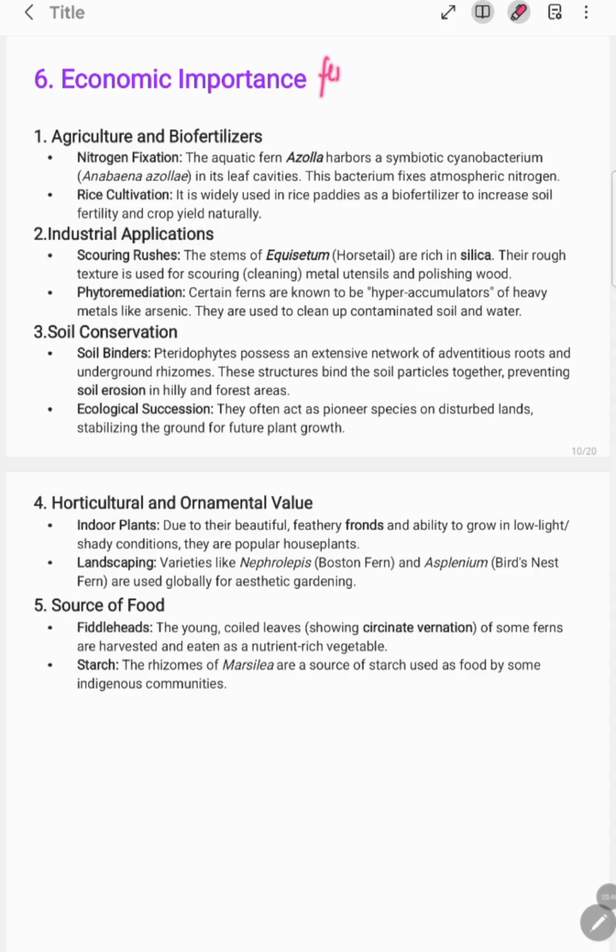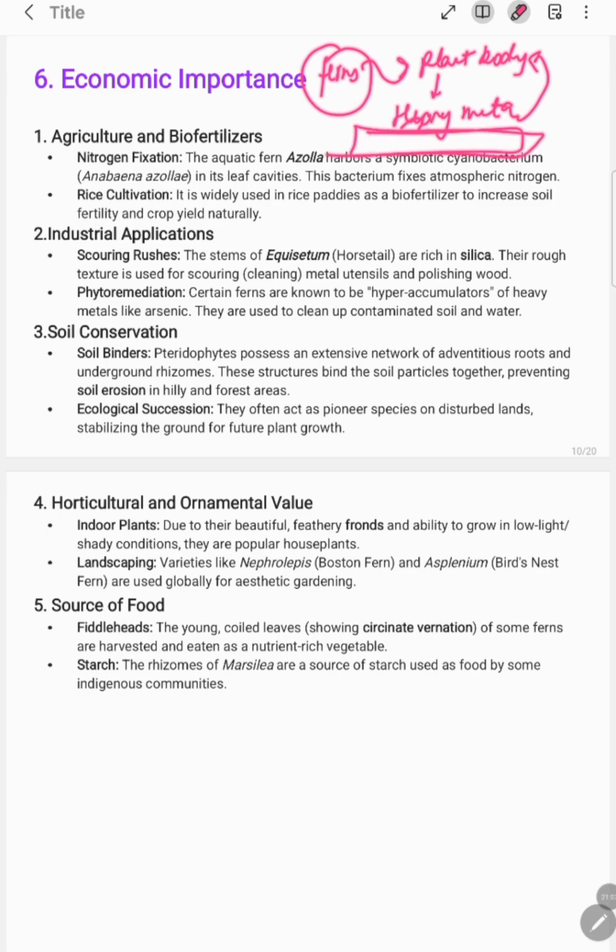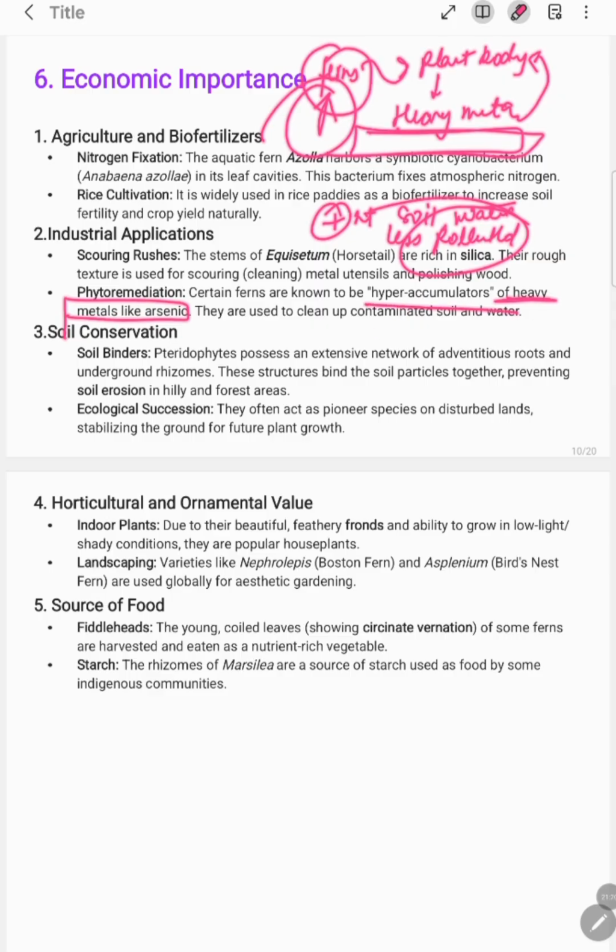See, there are certain ferns, ठीक है, जो अपने प्लांट बॉडी में जो हैवी मेटल होते हैं ना उनको एक्यूमुलेट करता है. इससे क्या होगा, जिस एरिया में ये फर्न प्रेजेंट है, वहाँ पे जो सॉइल होगी या हमारा वाटर होगा वो क्या होगा, लेस पॉल्यूटेड होगा, बिकॉज वहाँ पे जो भी हैवी मेटल है वो प्लांट ने अपनी बॉडी में एक्यूमुलेट कर लिया. ओके,